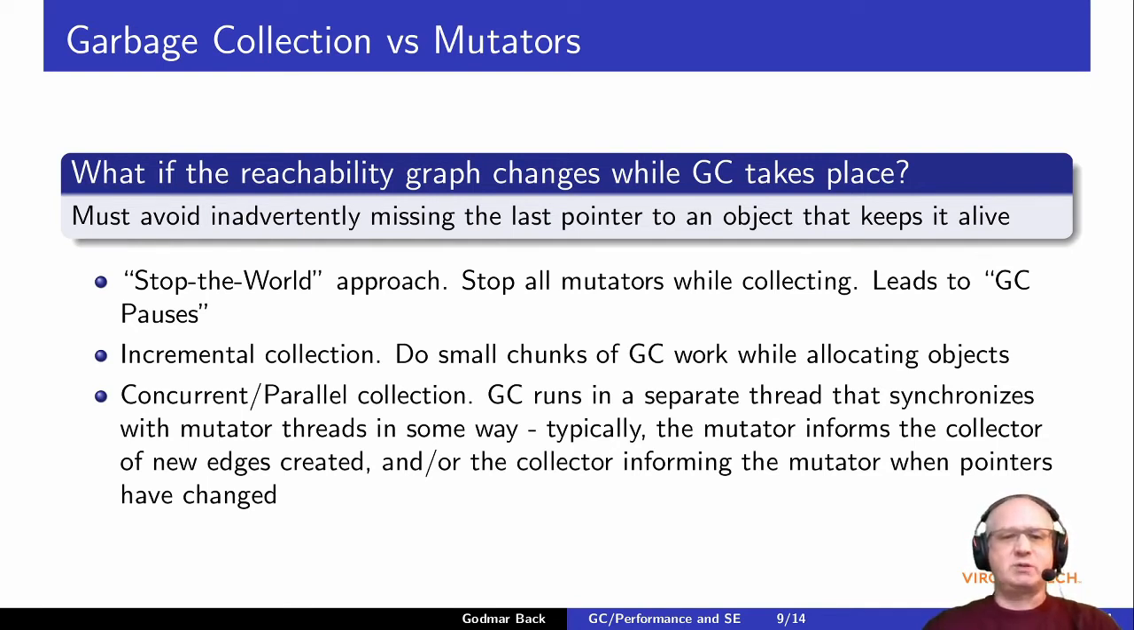So what are these approaches? The oldest and traditional approach is called stop the world. That says when it's garbage collection time, we stop all mutating threads, do garbage collection, and then restart them. This has the advantage that the garbage collector can do its work and doesn't need to worry about concurrent changes by those mutators. But it also has a disadvantage, which is